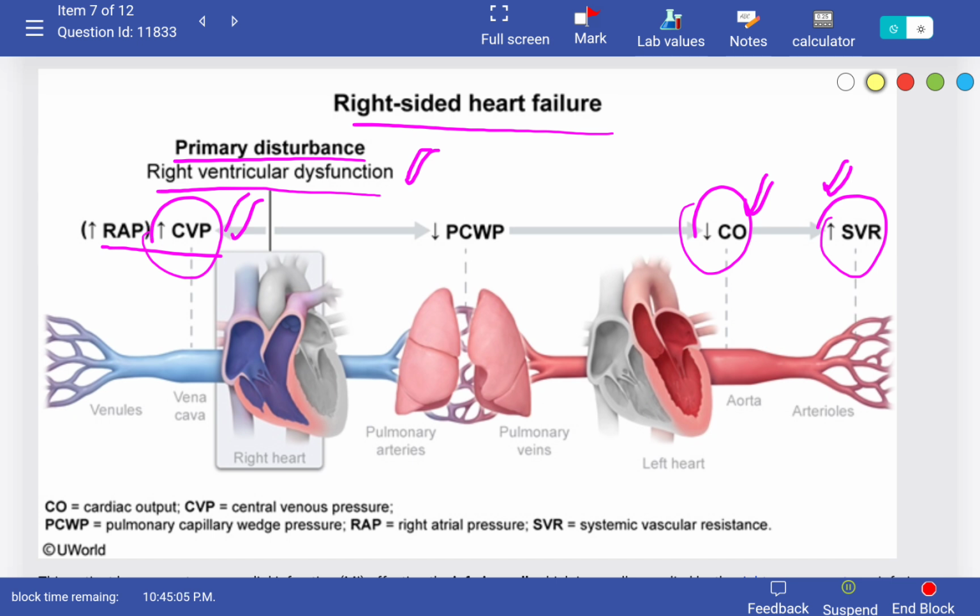So that would increase right atrial pressure or central venous pressure, but the pressure in the left atria, right over here, that would be decreased. Why? Because the fluid cannot move into the left side of the heart. Okay,